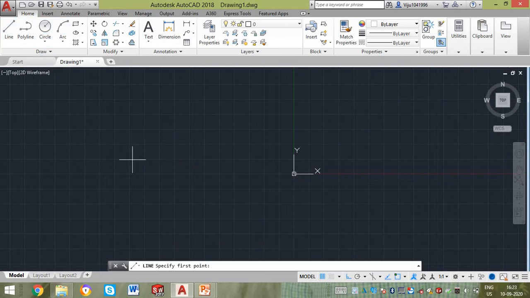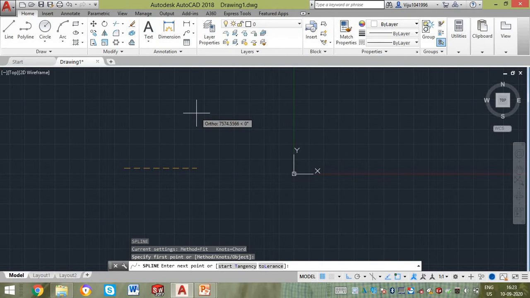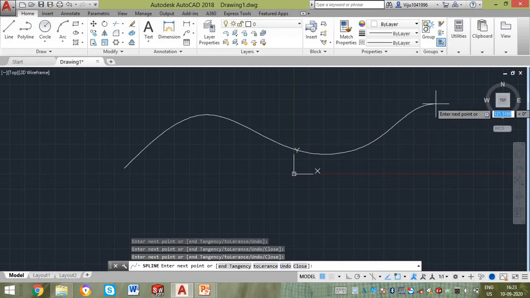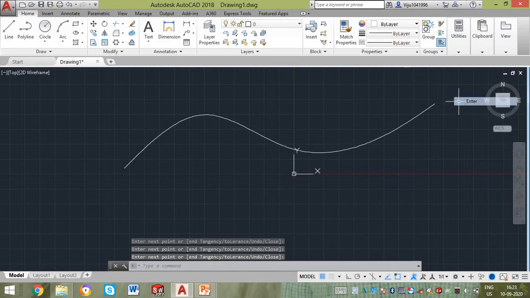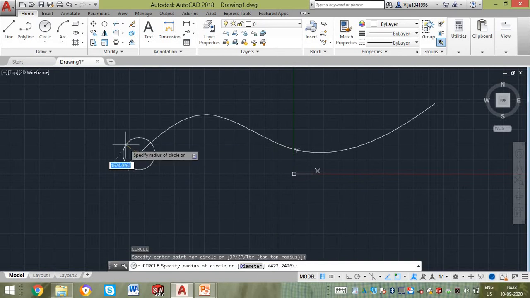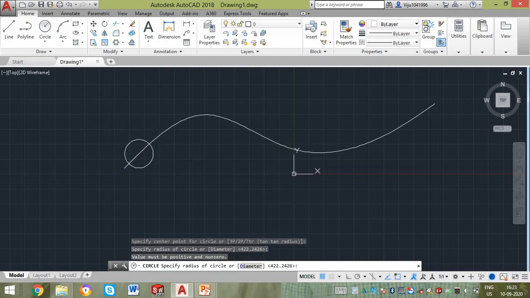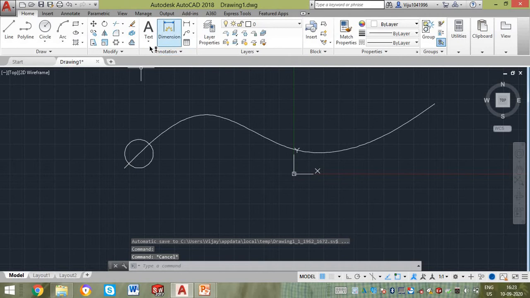Next we have path array. I should specify one path for this. Now I will create one circle. I want this circle to be patterned in this particular path. I will go for path array.